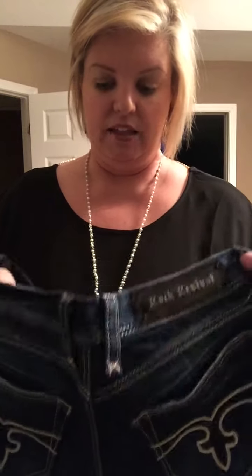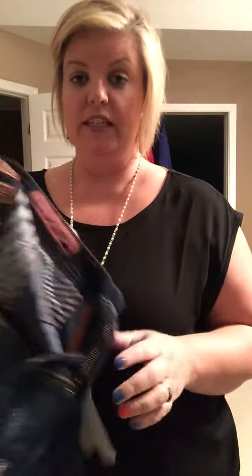These are an easy boot cut, so they're like a relaxed fit, which I feel like even in the past, even when I lost weight before, I still have big thighs and big hips. So I have to get jeans that are made for that, just in a smaller size. So these are a size 30, and I would put them on for you just to see where I'm at, but